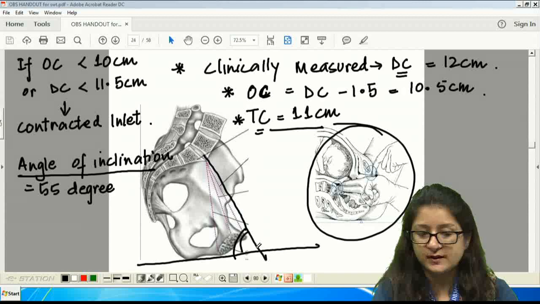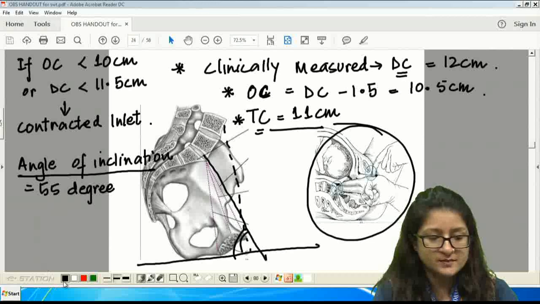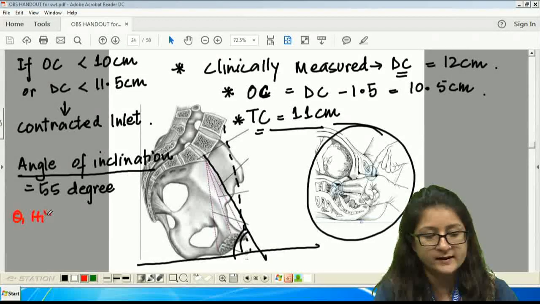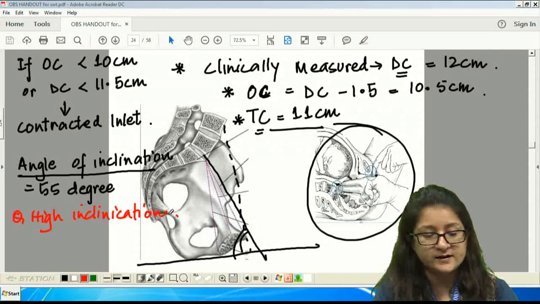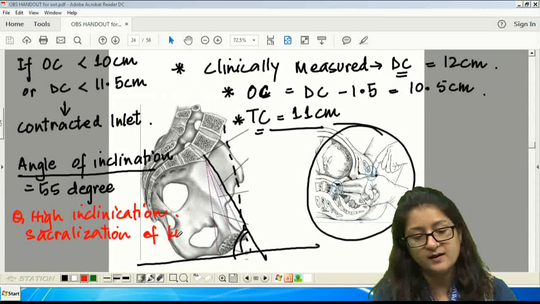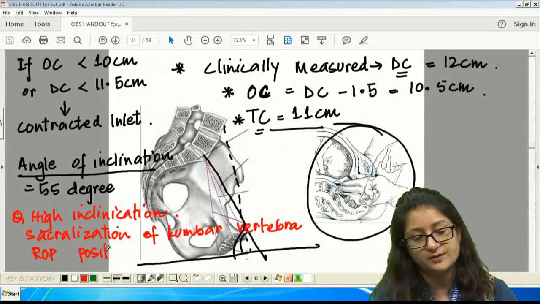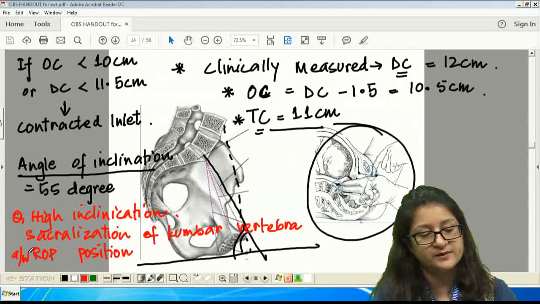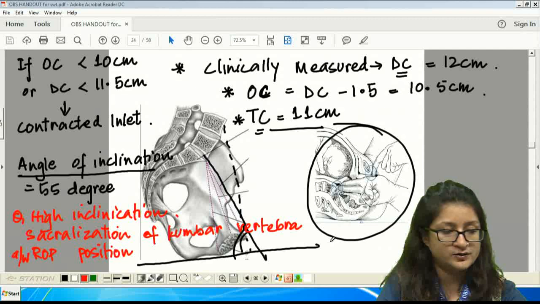Sometimes this angle of inclination can be high. High means more. Sometimes this question is asked: what is high inclination? High inclination means that the angle is increased. High inclination is seen with sacralization of lumbar vertebra, and this high inclination is associated with right occipito-posterior position. These are the important points you have to remember about the